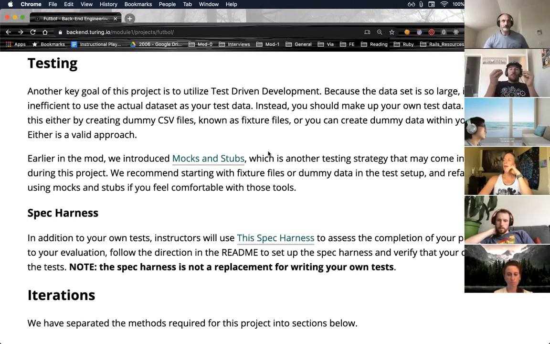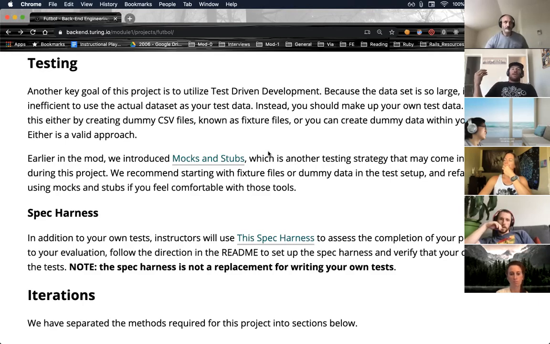And so the idea is that you're going to create fixture files. The idea there is you take a sample of the data and you use that for your testing, so that each test doesn't have to run through loading all of this data, thousands of rows of data, every time you run your test suite.